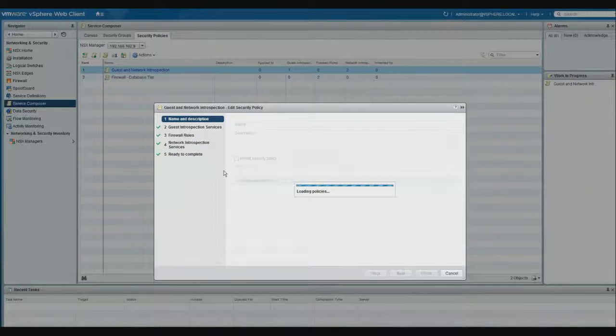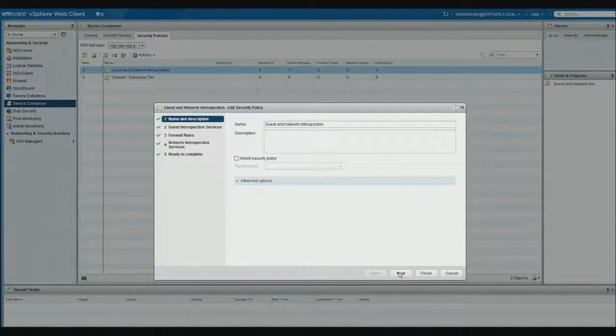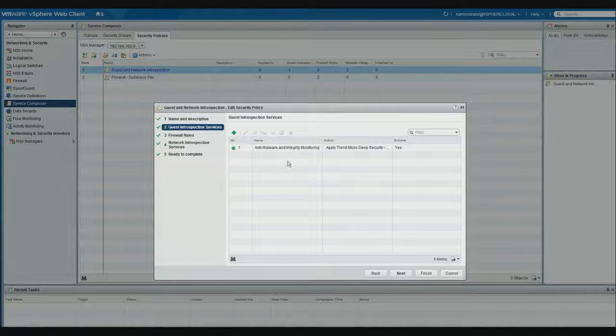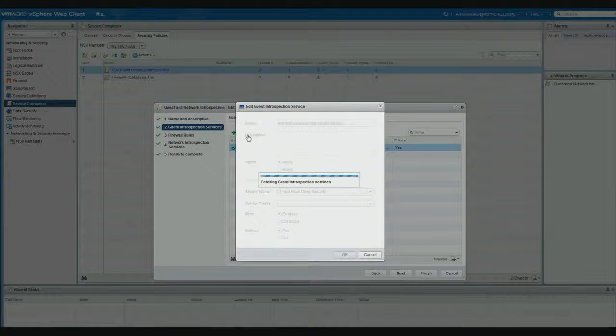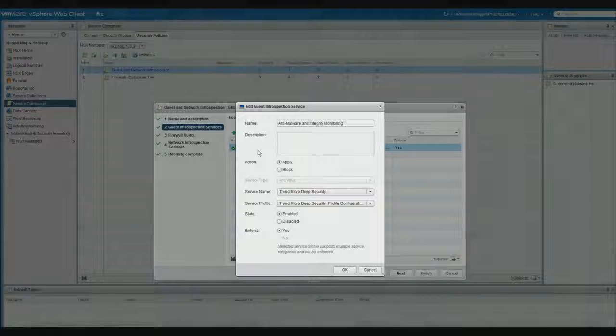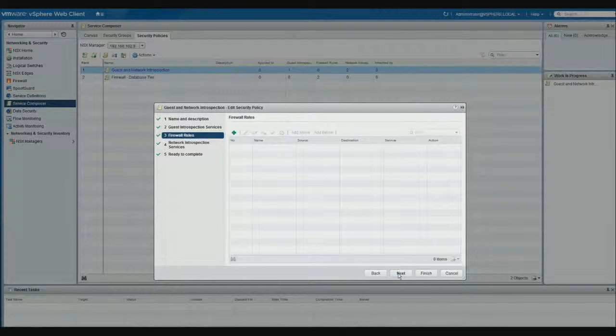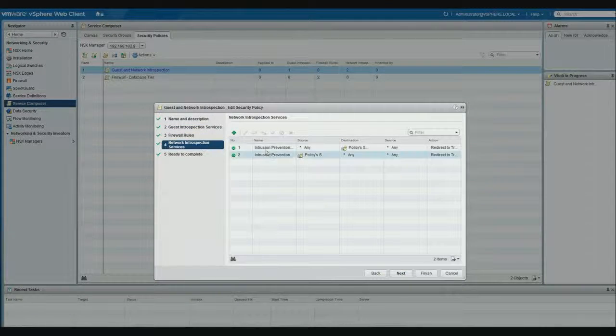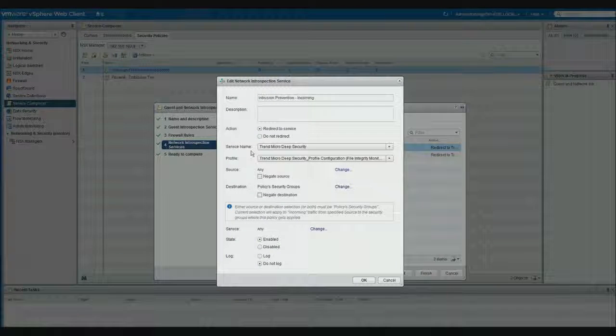And then there are the third-party services like us, which really fall into the guest introspection and the network introspection capabilities. So you can define, I actually want to do anti-malware, and I'm going to leverage Trend Micro Deep Security to do this. So any guest introspection capabilities like anti-malware and integrity monitoring will be enabled. And we're one of the few vendors that provides both guest introspection and network introspection capabilities. So here you can say, I want to